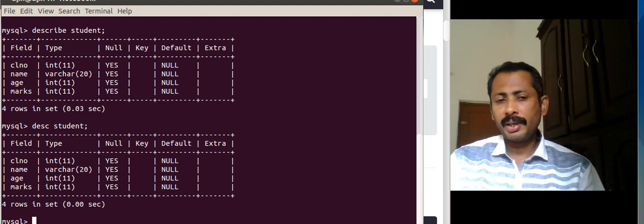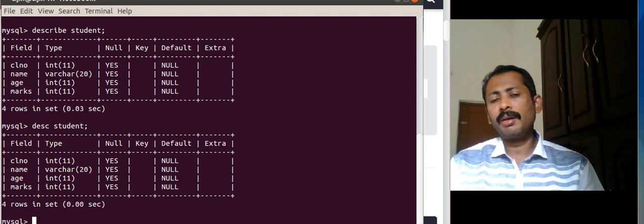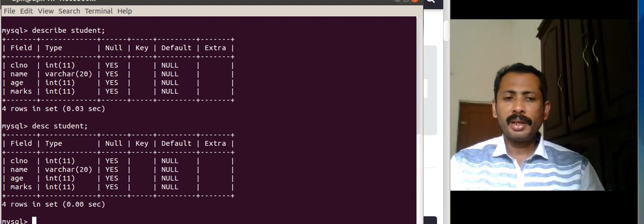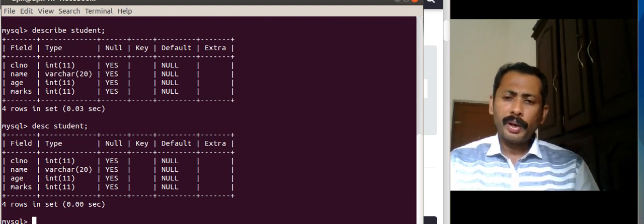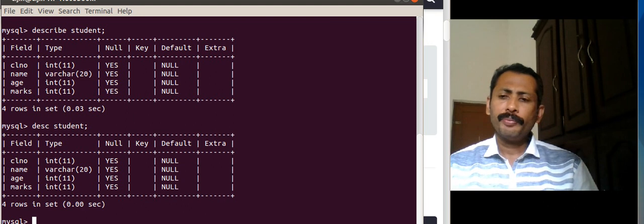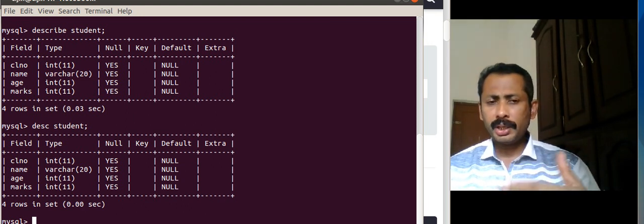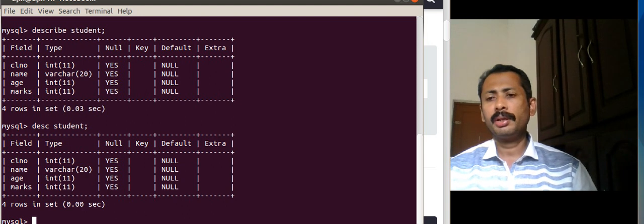Clear? So now I have created the table structure, and we call this the schema of the table. Database schema means the structure of the table, structure of tables, that is schema. So now I have created the schema. My next aim is to insert data to the tables. I want to insert data to the tables.